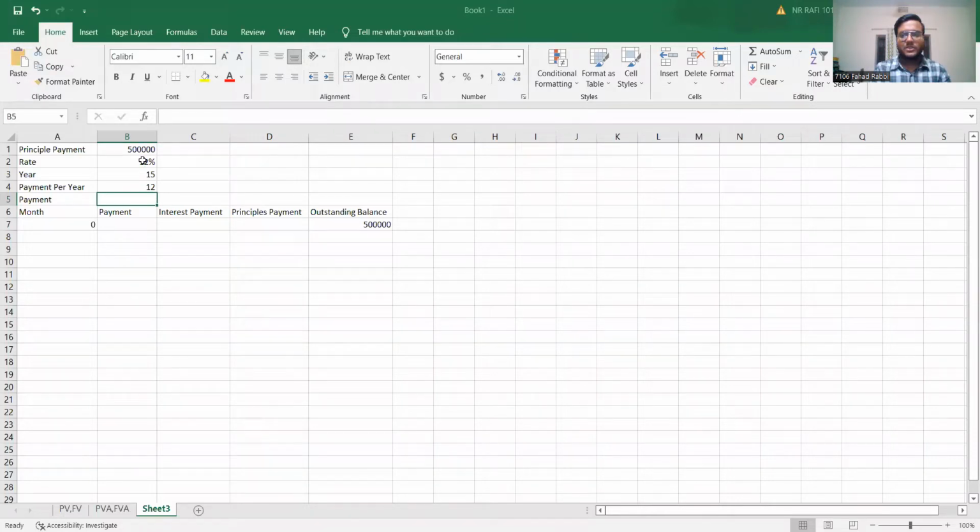So at first, we are given a scenario here: a principal amount of $500,000, an interest rate of 12%, the number of years is 15, and this payment per year, 12, represents that it is paid every month. So to calculate the payment of each month, first we'll get the equal sign in,